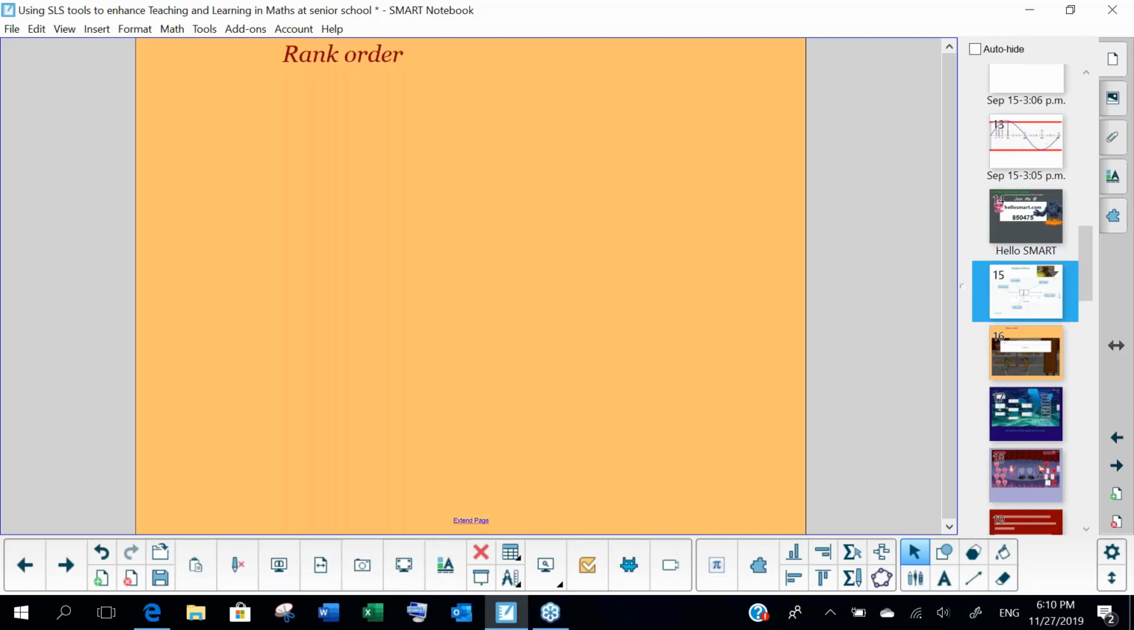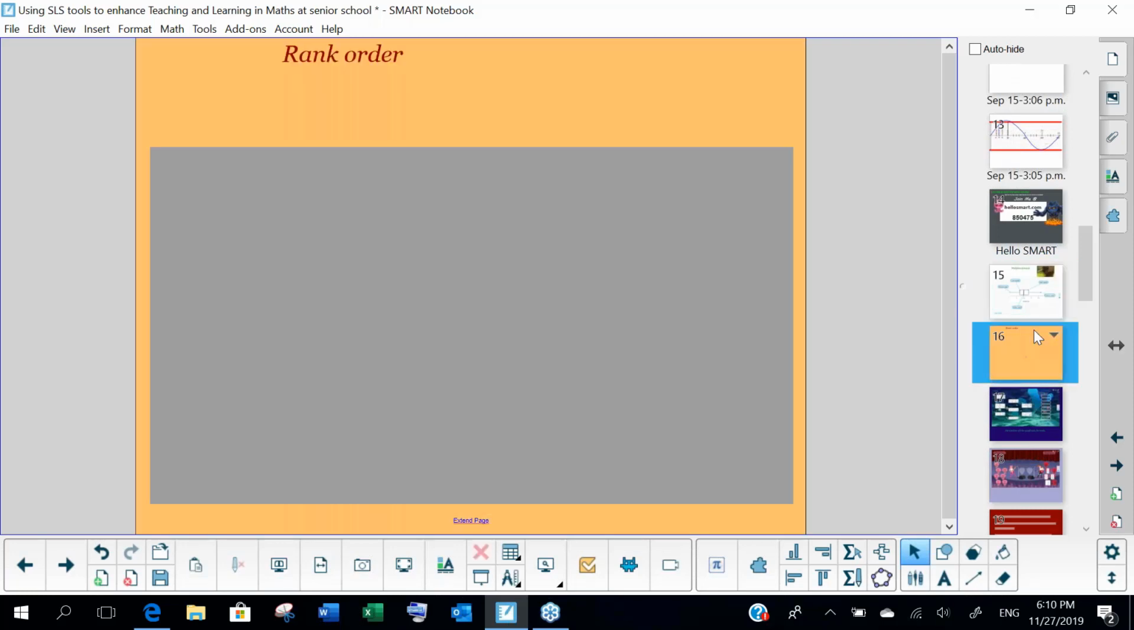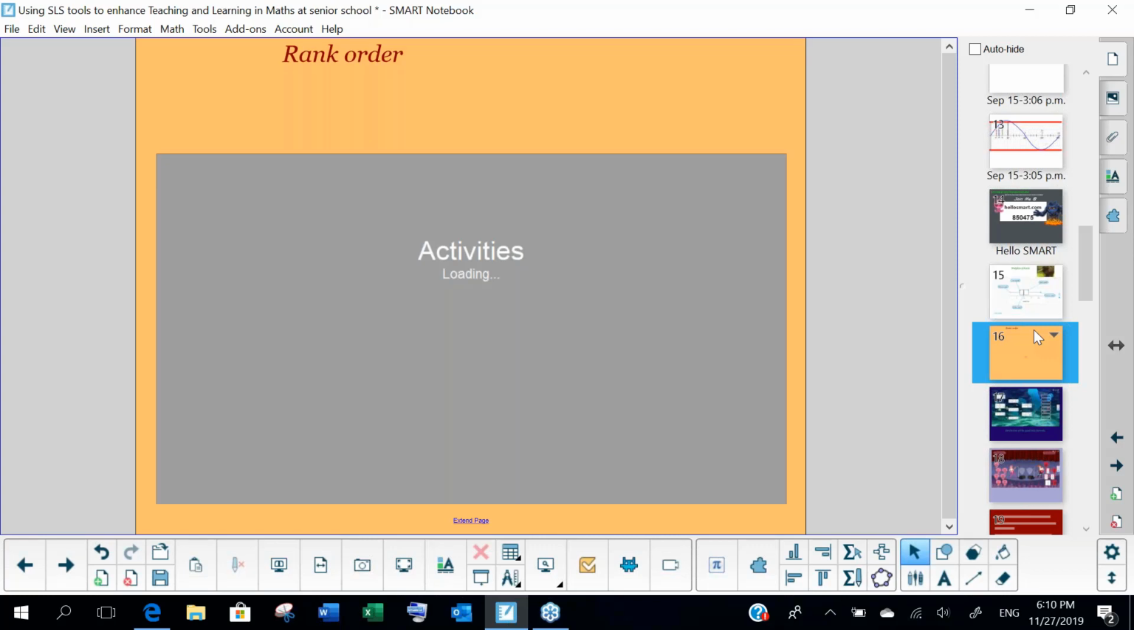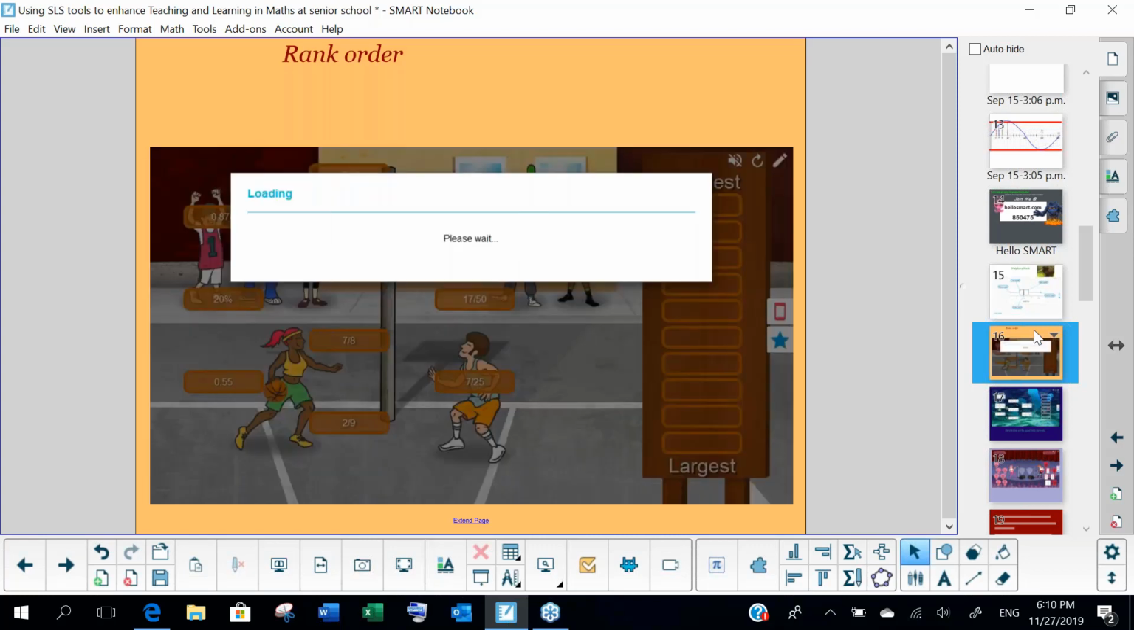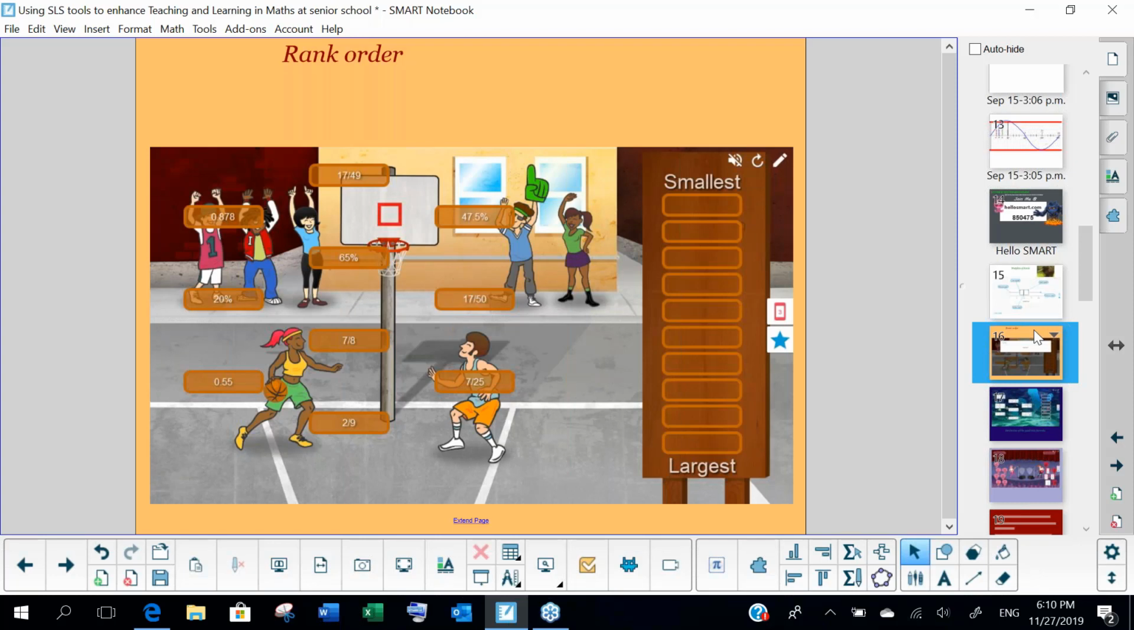Then the rank order tool. The rank order tool is this one. And this particular activity is ranking fractions, decimals, and percentages from the smallest to the largest, and setting this up is really, really super easy. So what we do here is